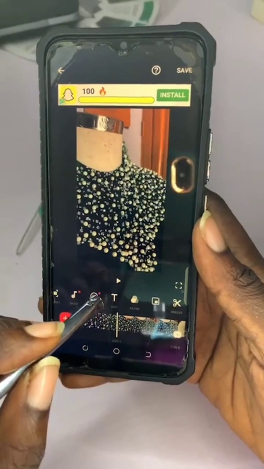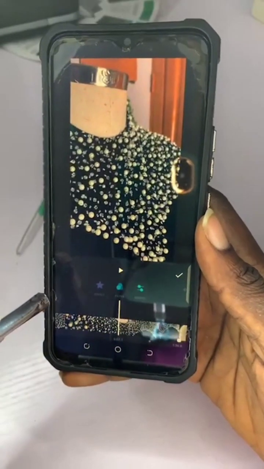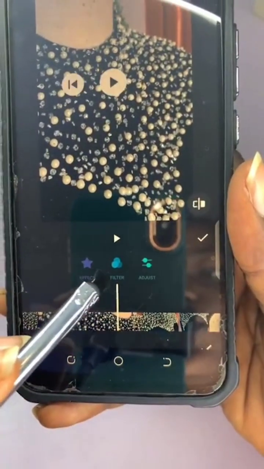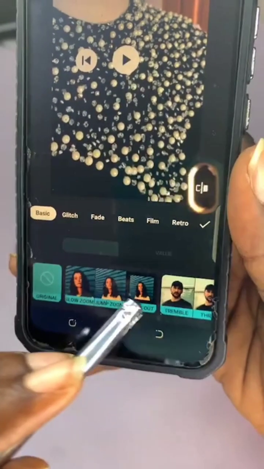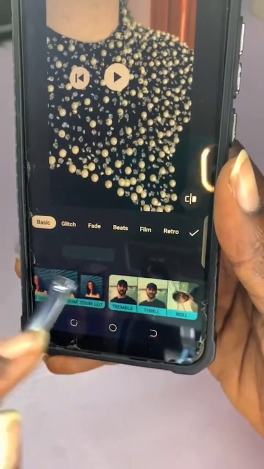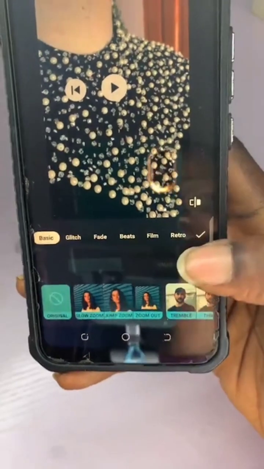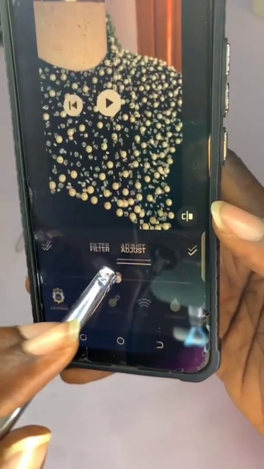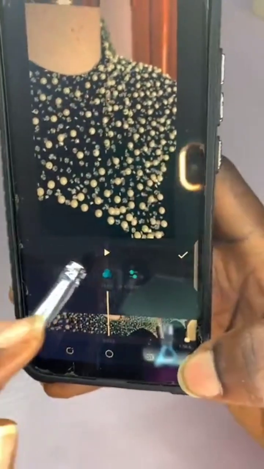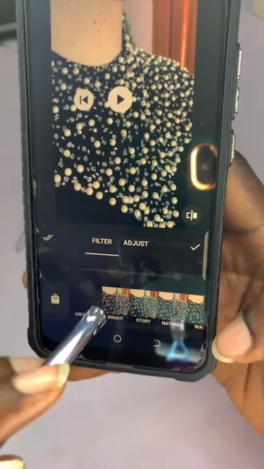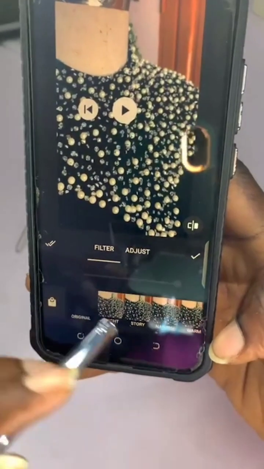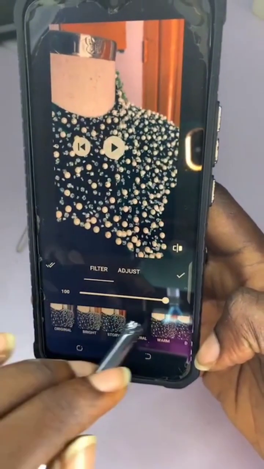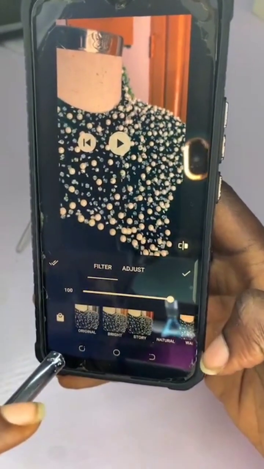Moving next to filter, I don't advise that you use filter on your videos. All these effects, I don't really use effects, but you can check them out in your quiet time. I wanted to press filter, but I don't, though you can, depending on what you're trying to pass across. This is story, you see how it changes, natural, but I'll recommend really that